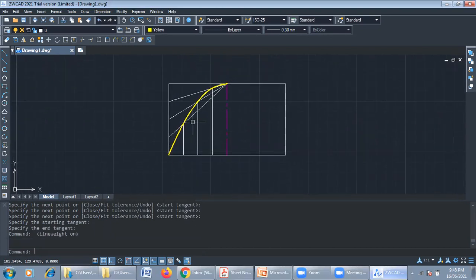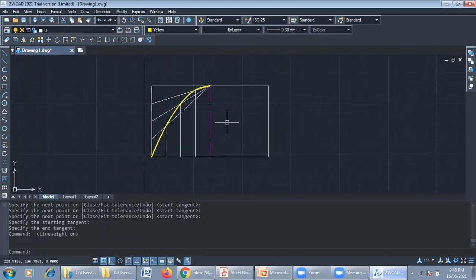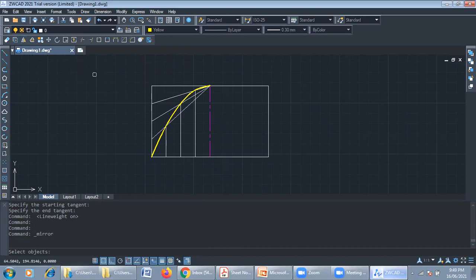Similarly, I will not go further to draw the other side of this. One more feature given by AutoCAD is the mirror command. I will be using the mirror command. So select mirror, then it is asking for the objects. I will select the left-hand side of this drawing, then enter.